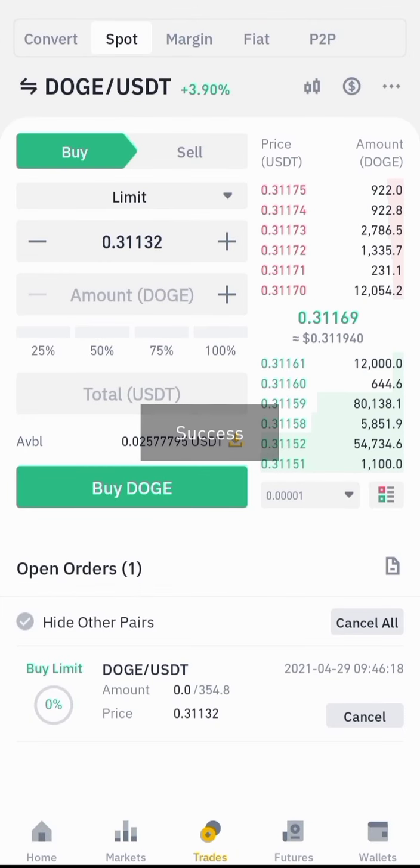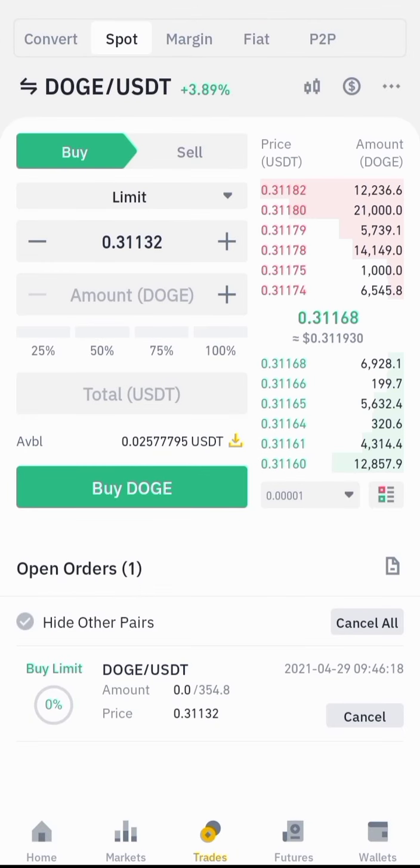As you can see, an order has been placed for me to buy Doge at the price of 0.31132, at the price of 31 cents. It hasn't been filled yet, so we'll probably just wait, or I'll cancel it for the order to fill. While our order is waiting,